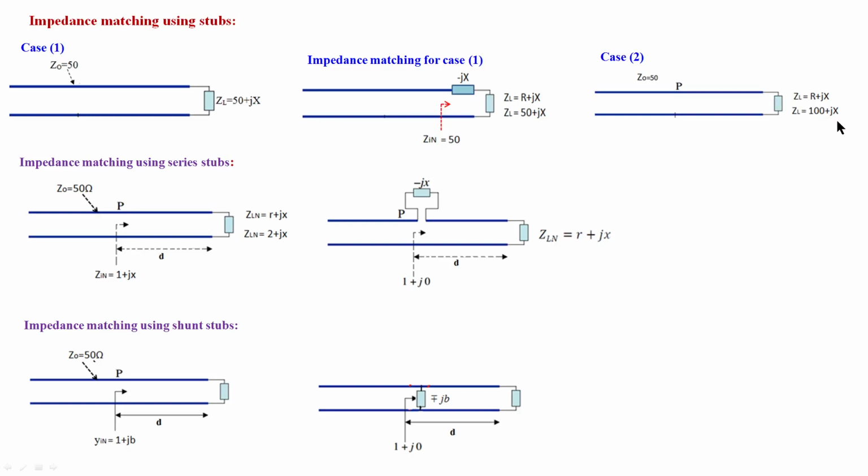So if the load is like this, what we can do, instead of adding a component just here, is start moving over a transmission line like this. As we move over a transmission line, we know the real part changes, the value of impedance changes, and the x value also changes. As you go on moving, at a particular position, maybe at point P, the impedance real part may become 50, and the reactance may be anything.